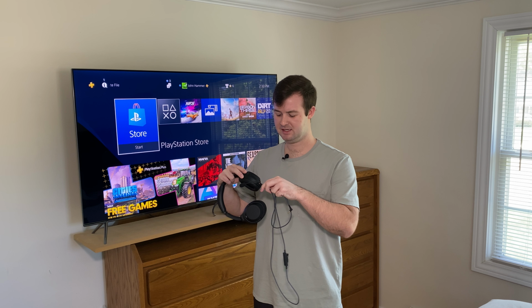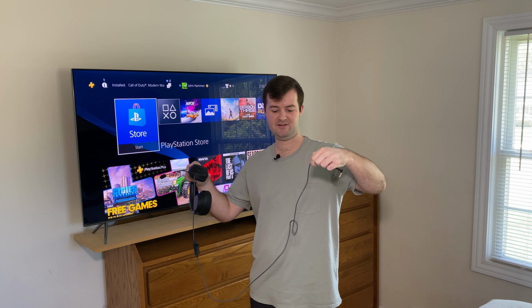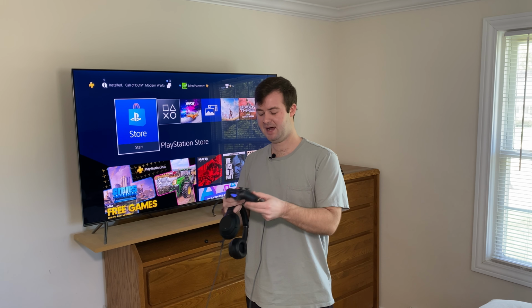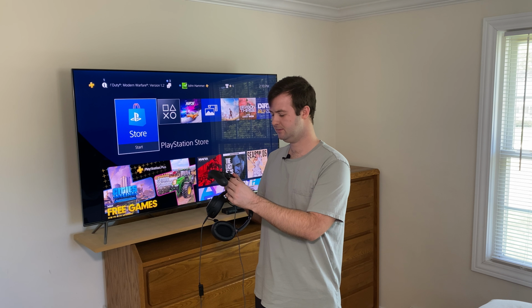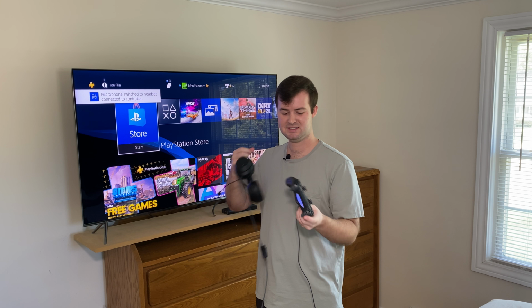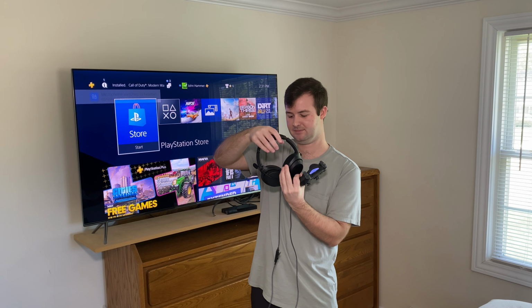So you plug it into the jack, like the regular 3.5mm cable, and you also plug it into the bottom port of your PlayStation controller, and there you go. You can probably still hear the sound again. And what's cool now is once you have this plugged in,